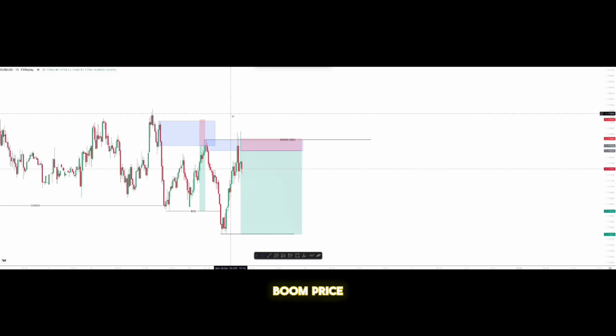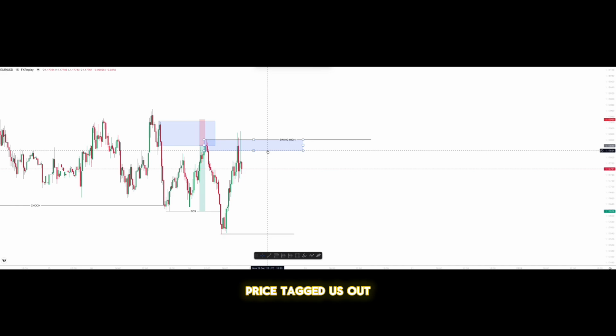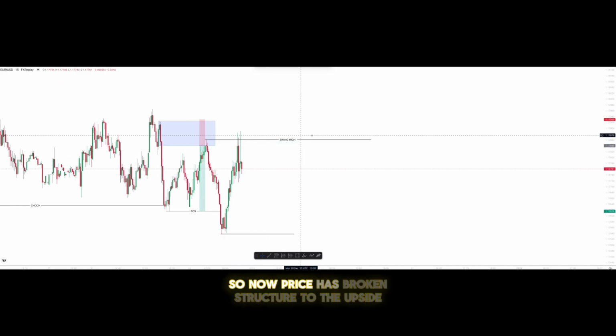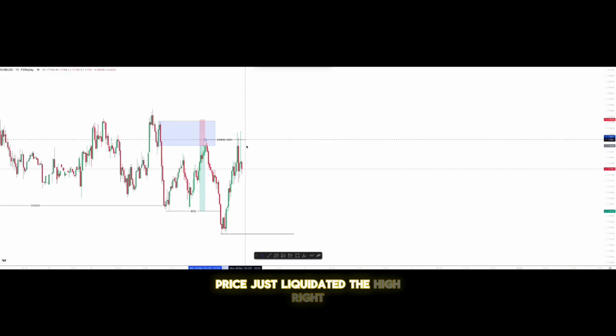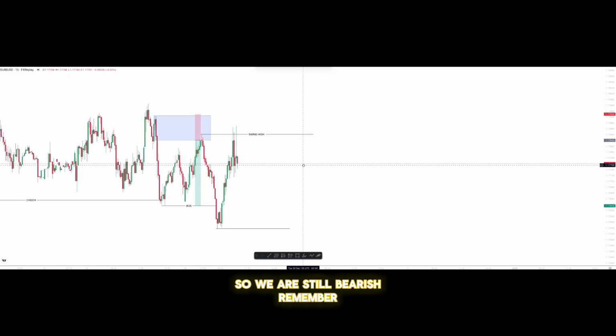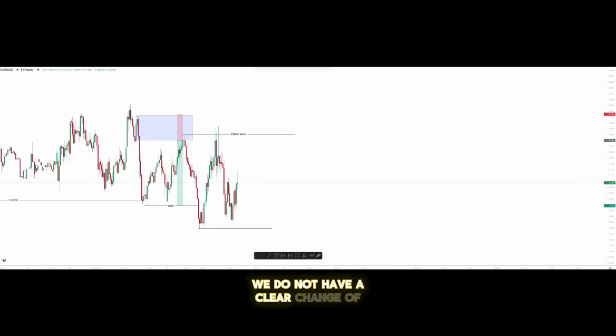Boom. Pay attention to what happened here. Price tagged us out. So now price has broken structure to the upside, but if you notice, price did not break and close. Price just liquidated the high, right? Price did not break and close above our swing high. Price took out the swing high, liquidated the high, and returned back. So we're still bearish. Remember, until price breaks and close above our zone, we do not have a clear change of